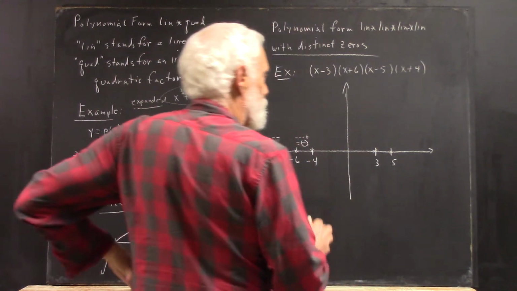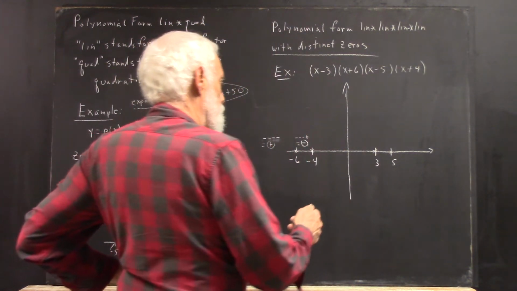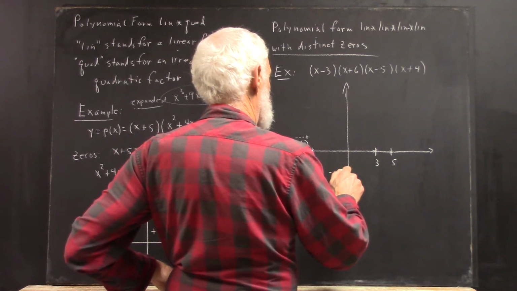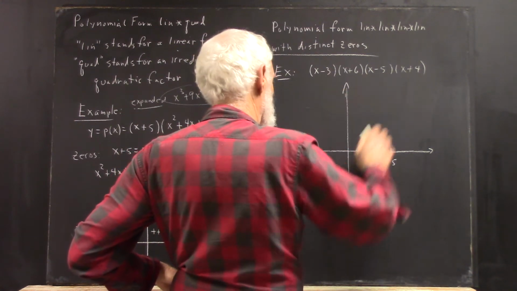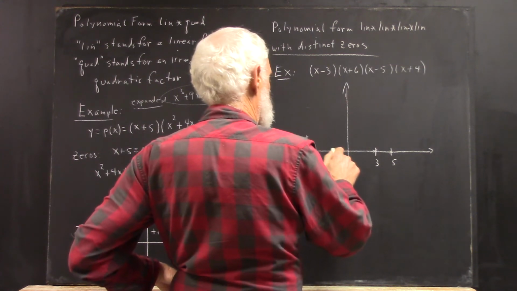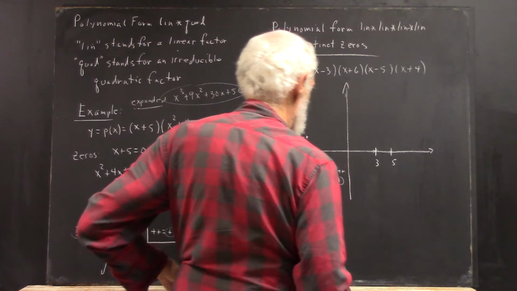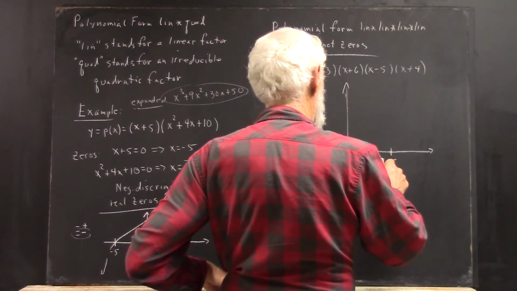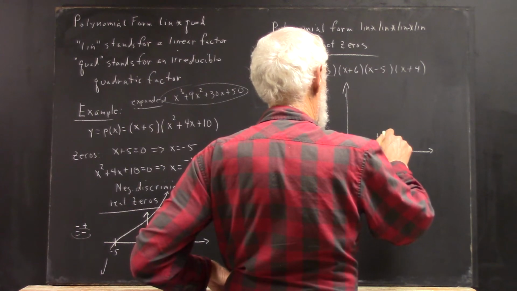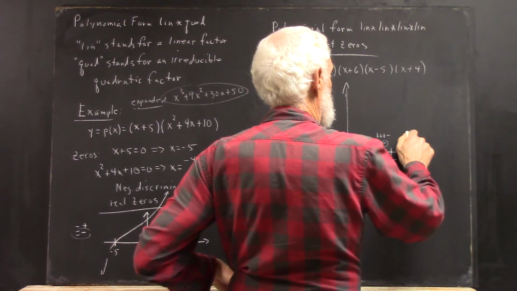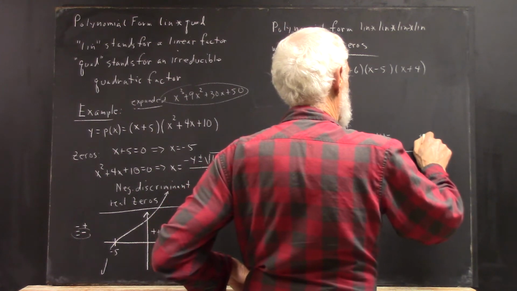Between -4 and 3, and you can verify this yourself, you're going to have 2 negatives and 2 positives. Not necessarily in that order, but that's going to give you a positive. So the polynomial is going to be positive here. Here you're going to have 3 positives and a negative, which makes it negative. And here you're going to have all positives,